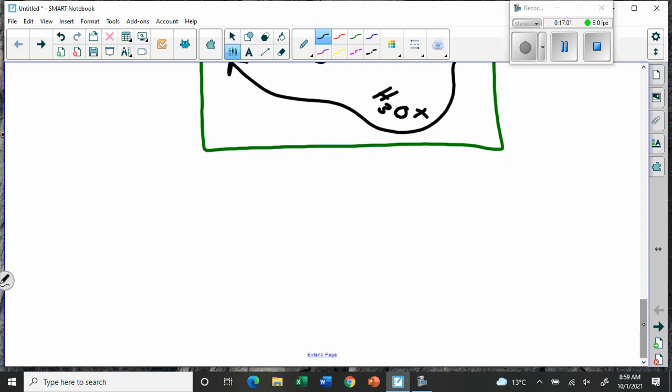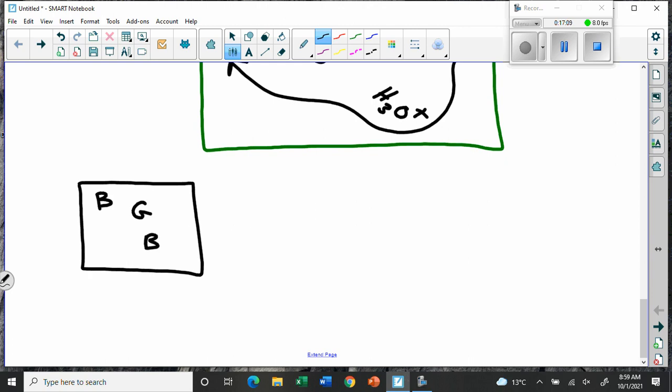Let's imagine a classroom full of people. Okay? If I put the people here in the classroom, and I put boys and girls around in the class. Girls, boys, girls, okay? And we have the same number of boys and girls, and they're all just sitting there and nobody's moving. That's what we call a static equilibrium. It's equal, right? It's equilibrium because it's the same number of boys and girls, 4 and 4.